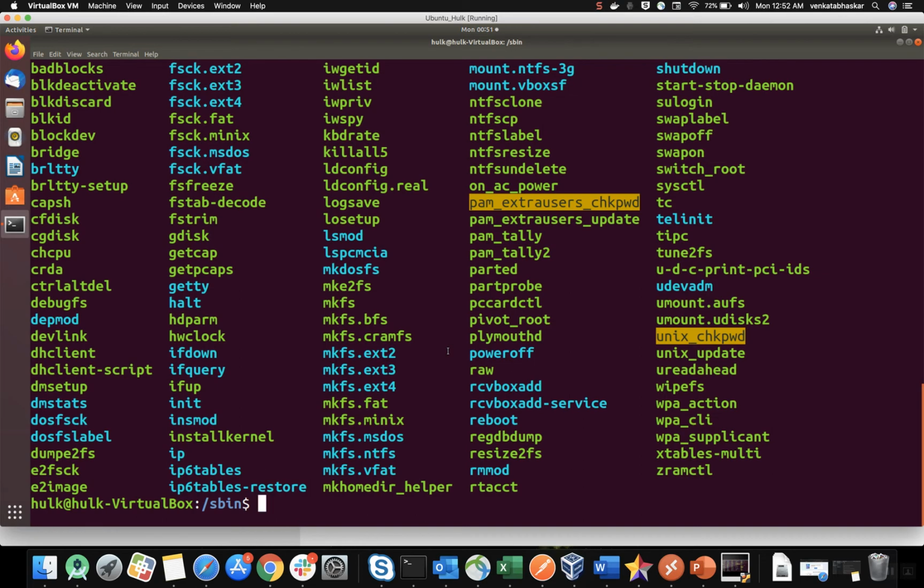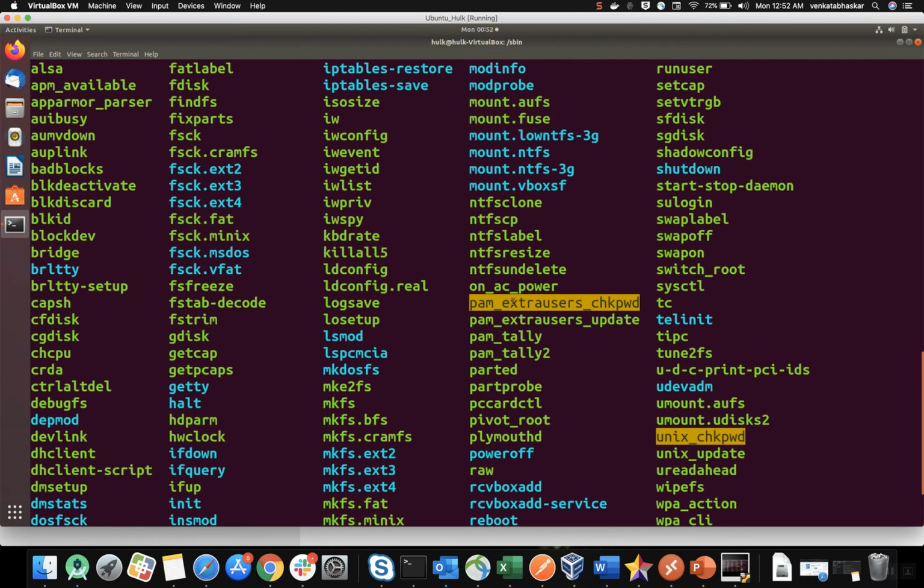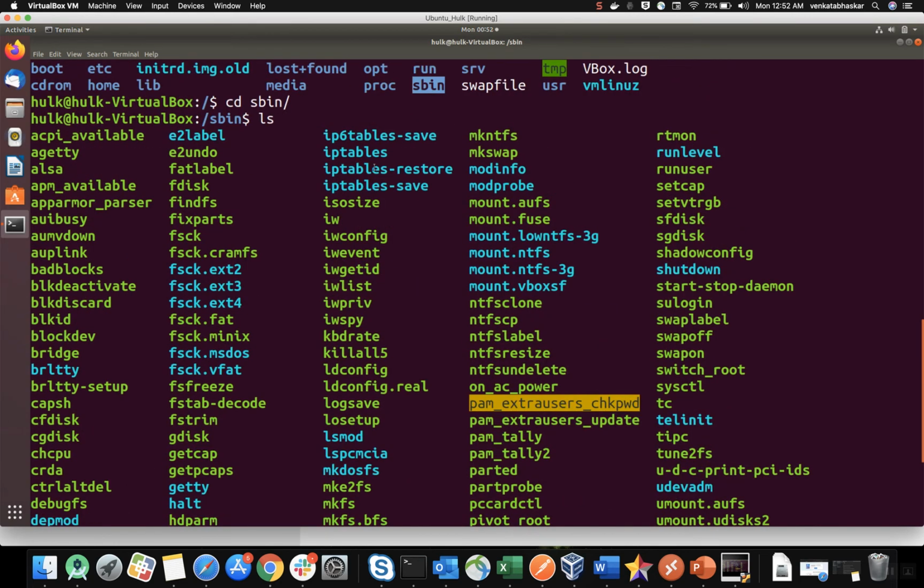The difference is that only the super user can access them. We have shutdown and some commands for network related information, like iptables and iw, and also disk partitioning files. Why? Because disk partitioning can only be done by an admin, not a user. If a user does it, the system will crash. We don't know what a user will do, right? So the permission is restricted.